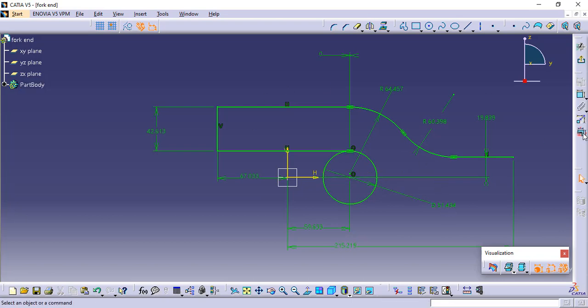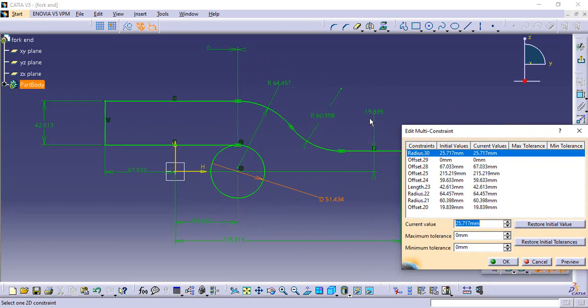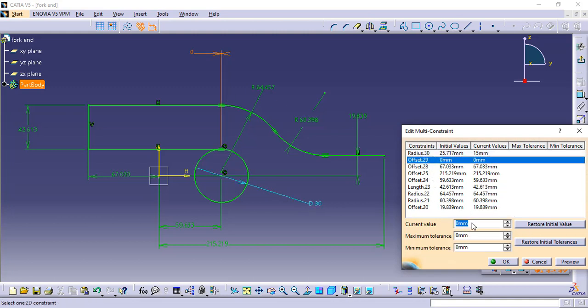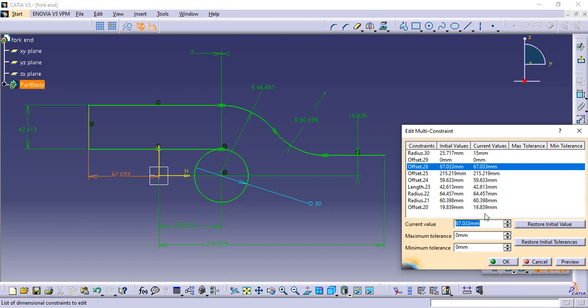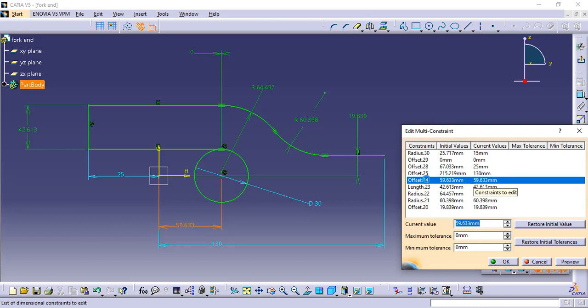Now click the edit multi constraint. All the dimensions are under this dialog box, and you can edit them one by one. The first, this diameter is asking here, but it is a radius, so I just need to give radius 15. The offset is 0, okay, fine. This dimension is 25. You can check from top view. You need not give enter one by one.